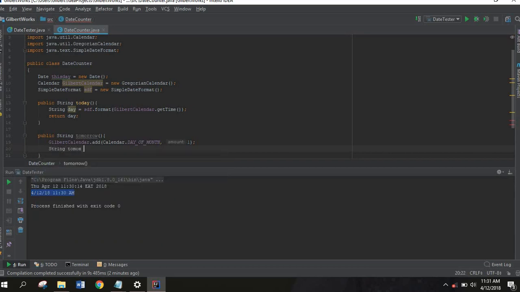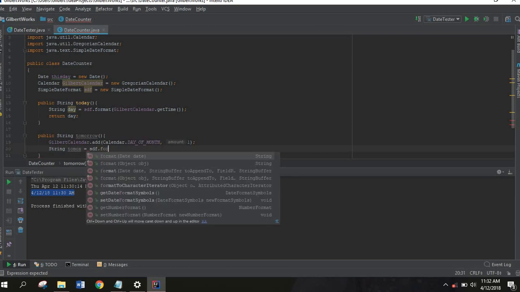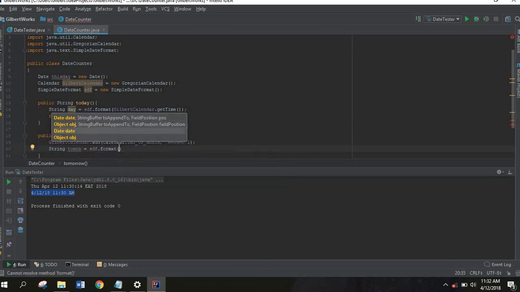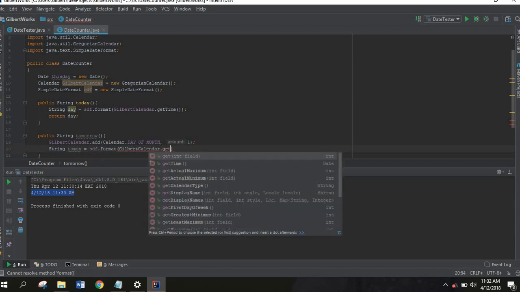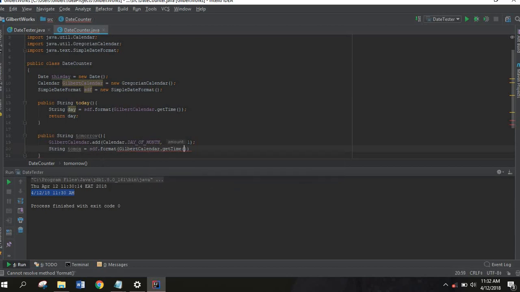I can call it toMux. That's how we called it in class. String toMux is going to be equal to sdf.format. And now the calendar has changed. The calendar has changed, so it recognizes today as the previous day, as tomorrow. Okay? So if I come here and I say Gilbert calendar dot getTime, and with brackets,